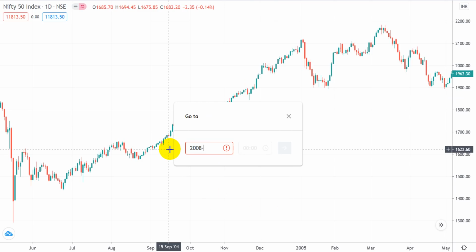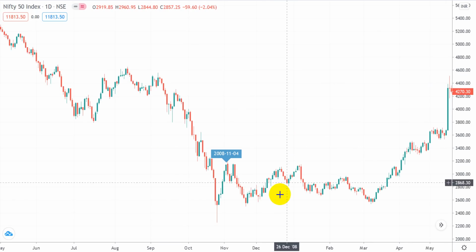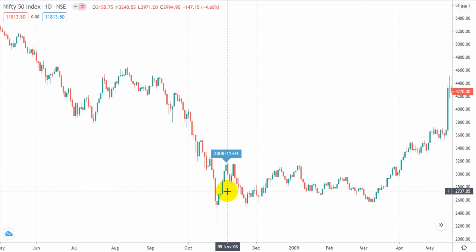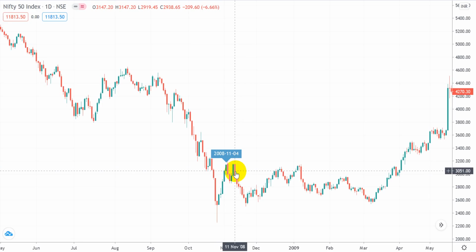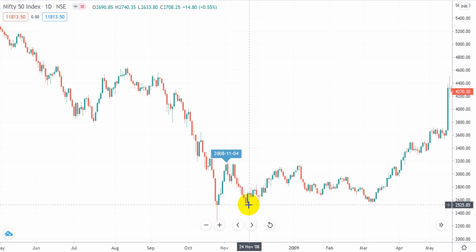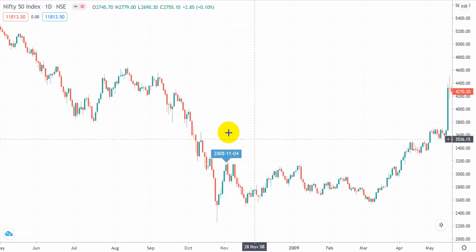2008, the results came in on 4th November. So the market will react on the 5th. So this was 4th November, and 5th was this date, and after that it reached the low the next day. You went short, then the market again rallied, but what happened? We had a big rally, but it never breached the high of this day. The high on this day was 3240, and from there we had a sustained downward trend. Once this low was breached, on this day also this low was breached, and a sustained downtrend was observed. So again we are getting a trending move.